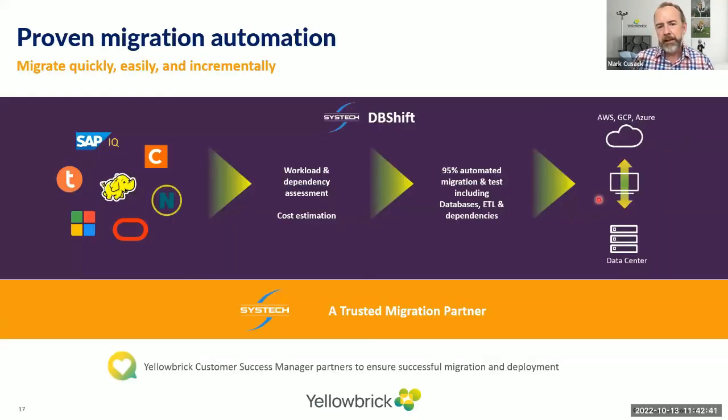So we've worked very closely with Systech on a number of projects, and this is really important for having a really low risk migration strategy around here. I'm not going to go into the details about it because Ramki kind of went through all of the automation, the workload management and cost estimations that's done, the automation that goes in there. But at the end of the day, with the partnership between Systech and Yellowbrick, even the very, very largest migration projects that we've tackled, it really, really reduces the risk and the overall costs and overrun problems that might be associated with many migrations and modernizations.